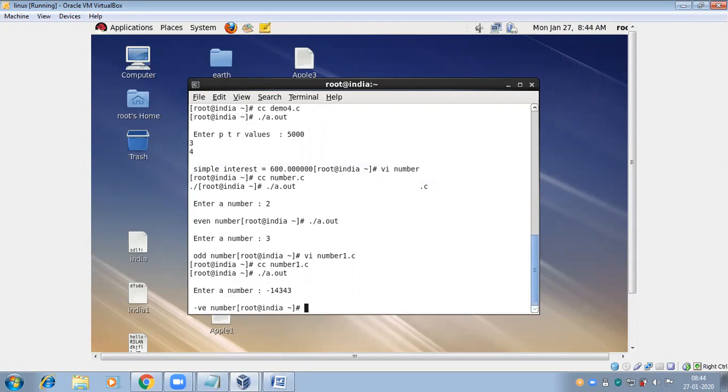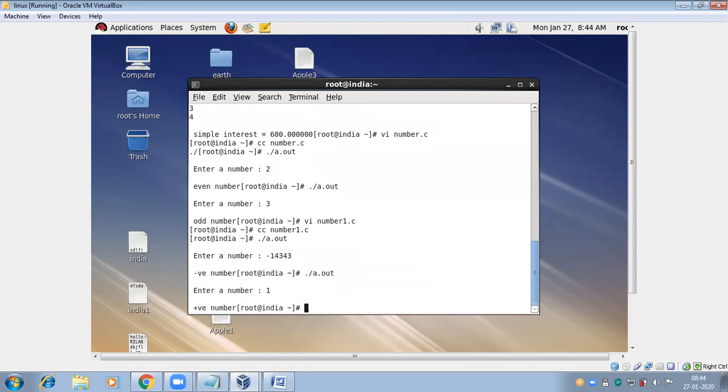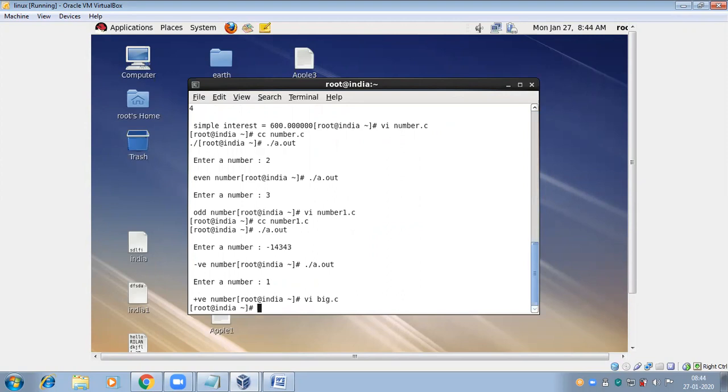Minus 1000, here I'm giving a negative number, then a positive number. Here I'm taking the two variables A and B, and I'm writing if A is greater than B, then A is the biggest number. Otherwise, B is the biggest number.